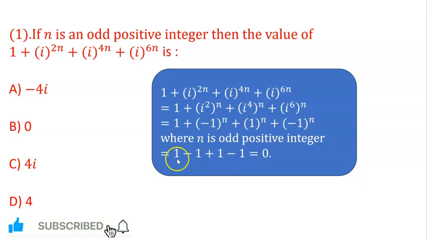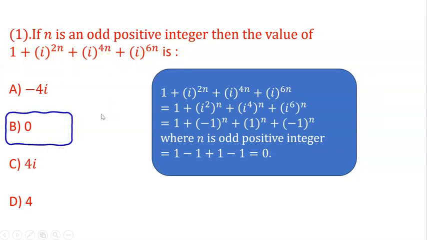Now here the sum of 1 minus 1 plus 1 minus 1 is 0. And hence the value of 1 plus i raised to 2n, i raised to 4n plus i raised to 6n is 0, and hence option B is correct here. Now next,